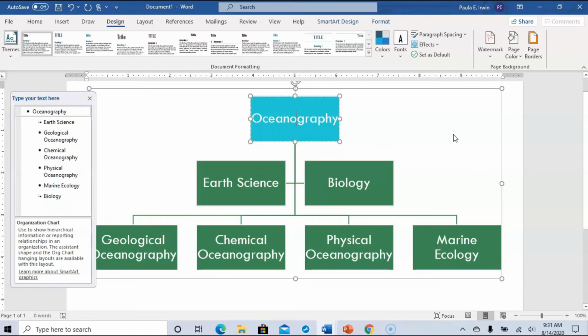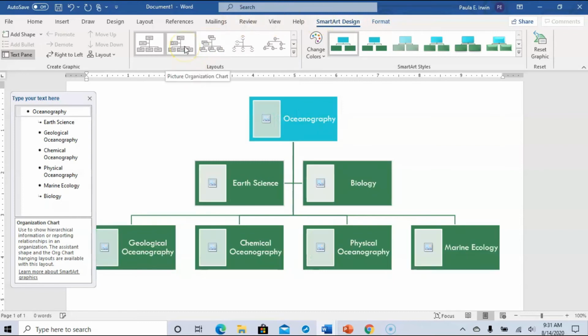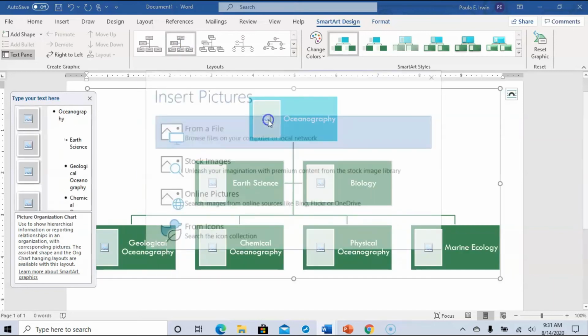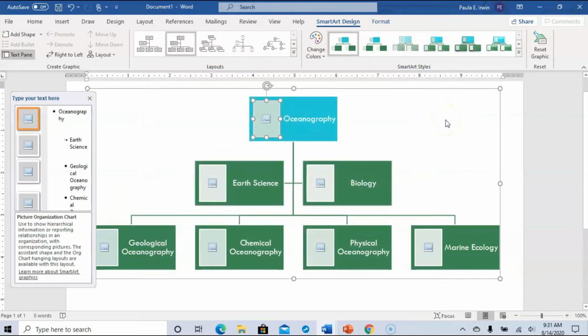And then you can also, going back to changing the actual style. And some of these are really cool. So you like this hierarchy. I really like this one, especially if it's people or groups like this where you can actually add pictures in. So if I change it to that on here, I can actually add in a picture from files or online or wherever, and you can do that. I'm not going to go through that right now, but that's pretty self-explanatory for most people that are somewhat computer savvy. And then the last thing that you may want to do is change out the